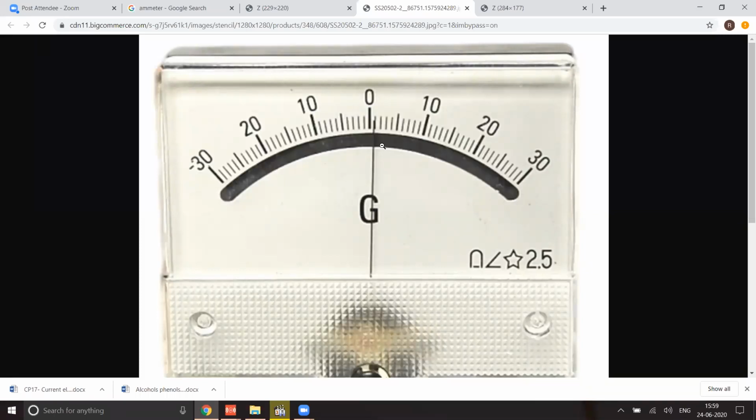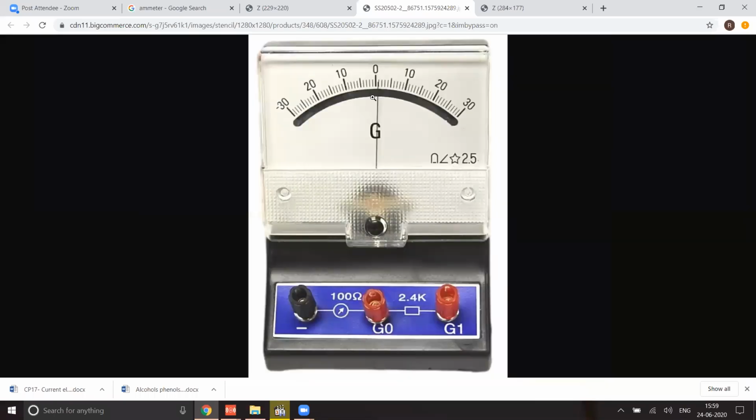See, tell me one thing. This line is there, no? What is the name of this line, the one which indicates the value? That line is called the pointer, right? So when the calibration is done at 0, let us say you have a positive and a negative. Now you have something like this. You're going to see different galvanometers. Generally, the red color is used for positive and the black is used for negative.